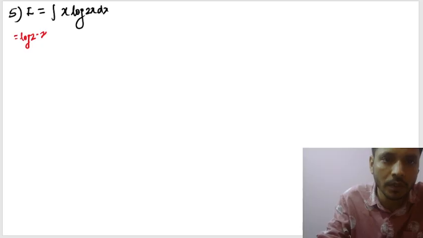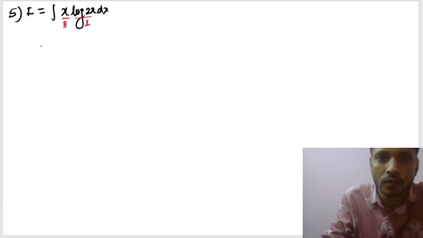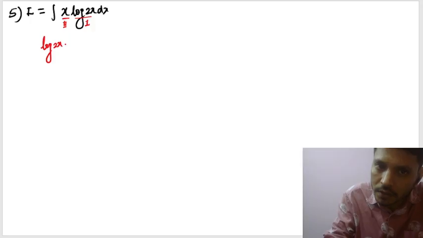So just let me erase it, let me write properly. First and second functions here, we know log is the first function and x is the second function, right? So here this log 2x second function as it is, and integration of the x is x square by 2, minus